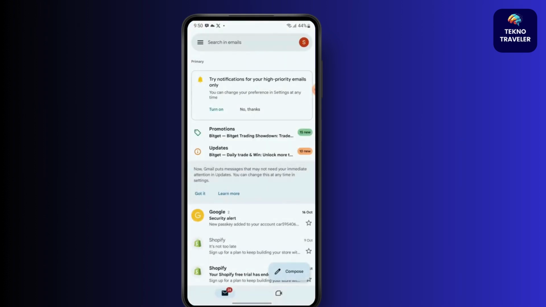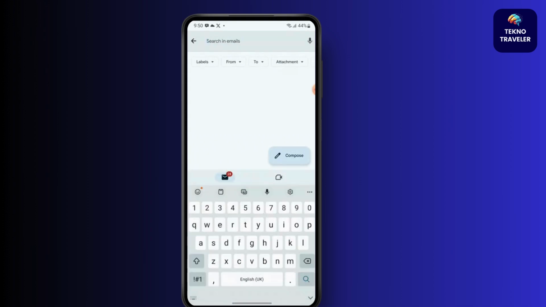Open your Gmail and then in this search section